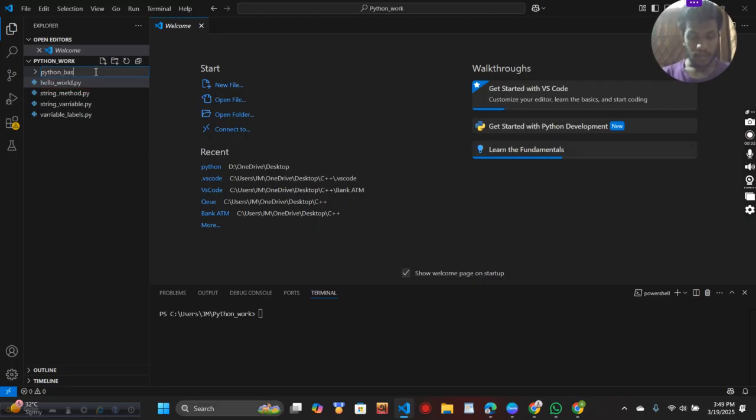basic. Then after that I add the dot py extension, because this is a Python file that my text editor can understand is a Python file. Okay, so now I keep the folder and then I want to